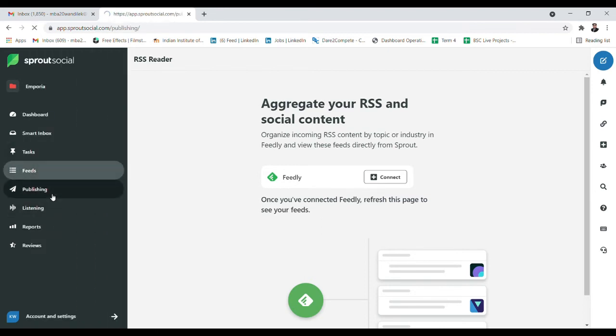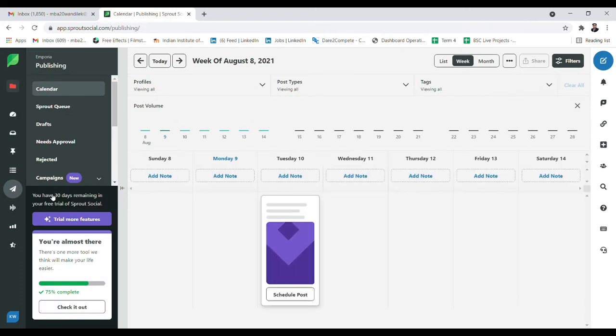Now coming to the publishing option, which is very important. I feel this is one of the most important. When you handle a brand or social media page or anything, when you design some campaign, basically you make it for a time period, maybe a month, maybe 15 or 20 days, and at those particular times, it becomes very important when you're posting. Every hour matters, every day matters. So when you decide, you decide that okay, on the 10th I will post this, in the evening I will post this, maybe after 2 days I will post that, and all.